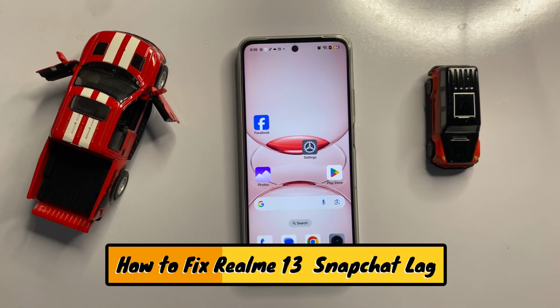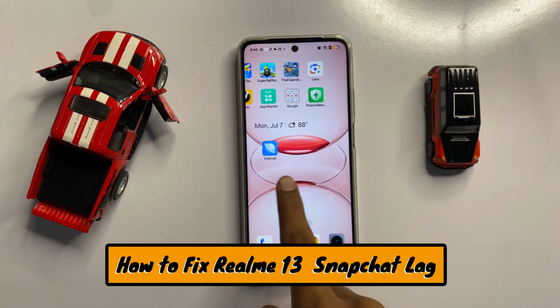How to fix Snapchat lag in Realme 13. So let's start the video. First of all,